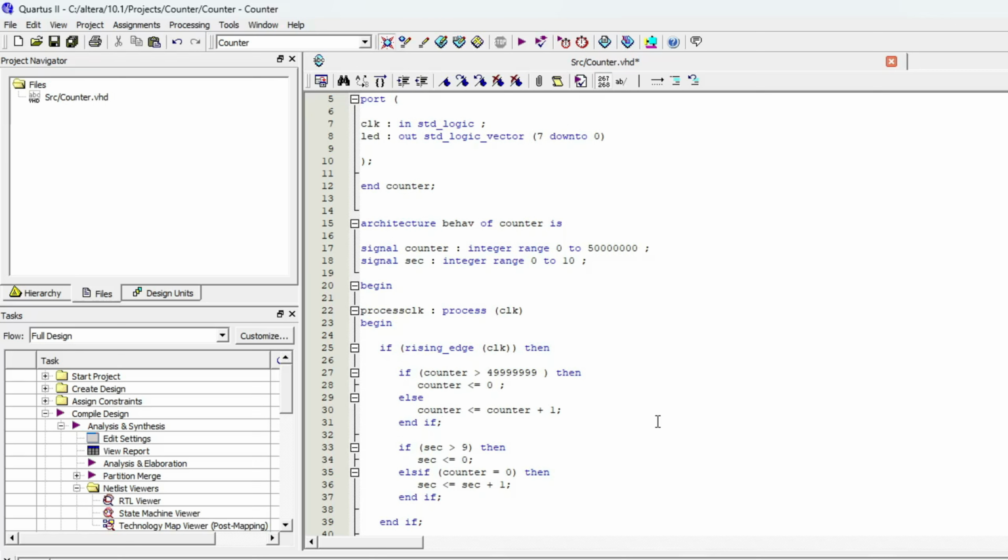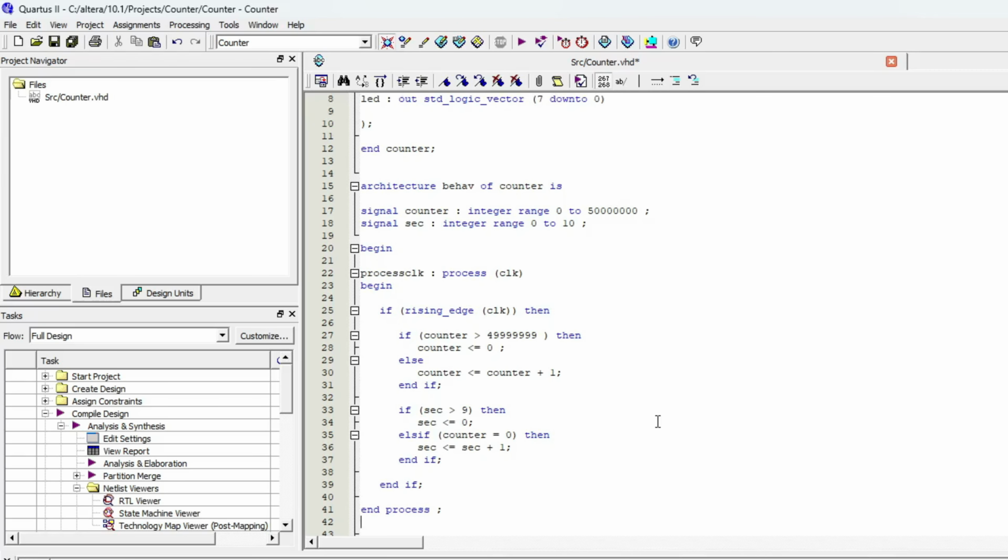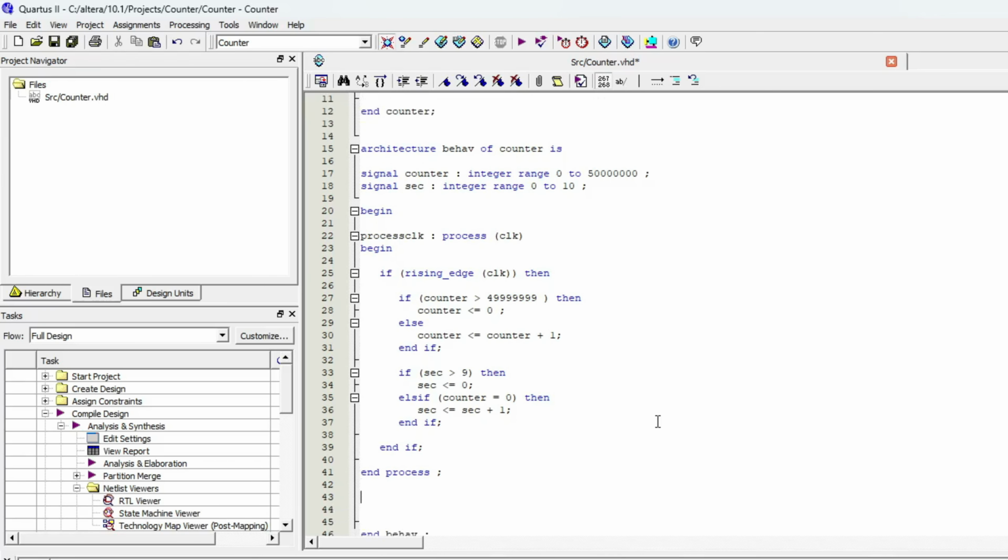So our frequency divider is ready. Our 0 to 9 digit counter is ready. And now the only thing left is to drive our 7 segment display output. And how will we do this? We will use a 7 segment decoder for this. Okay, so we will write the 7 segment decoder in VHDL with the select function. So write it: with second select LED, which is our output, gets the value of